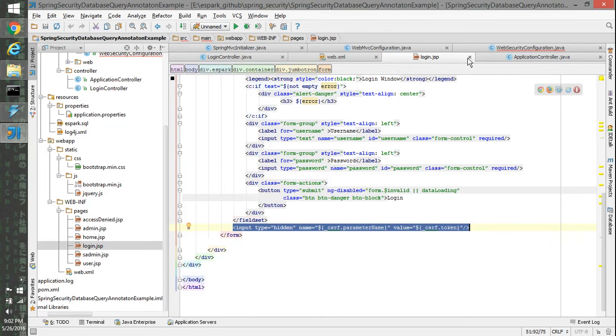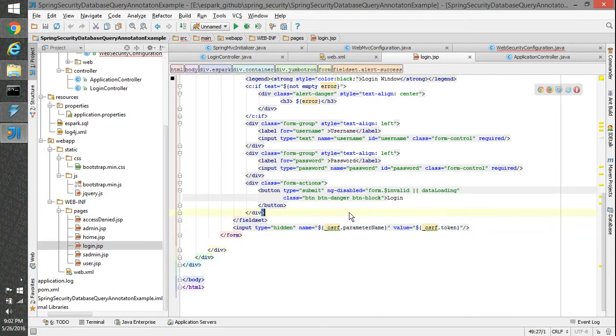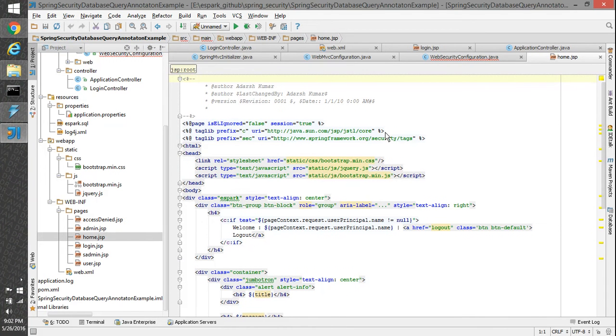Anyhow, I have disabled that, I guess. No, I have not disabled it in this. So in this it's going to work. And then we have a generalized home page. In the generalized home page we are